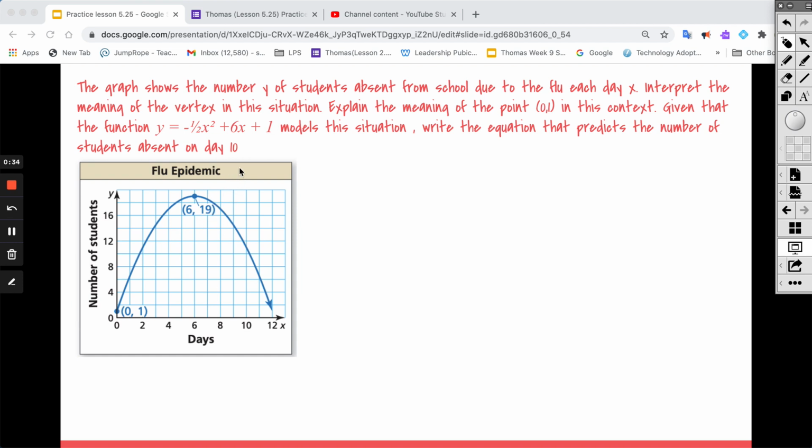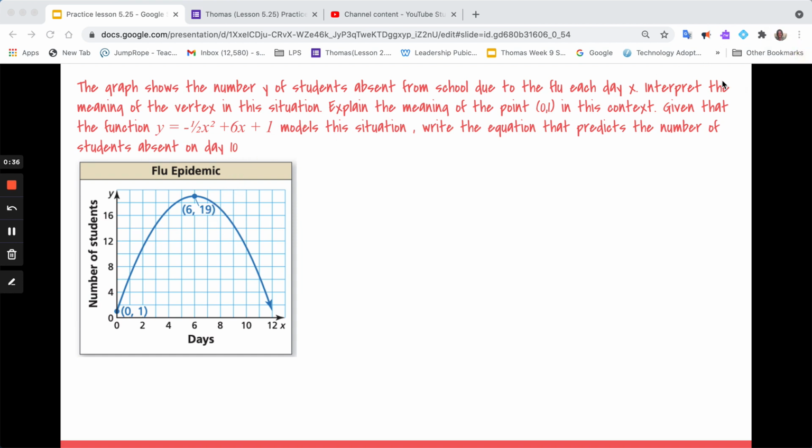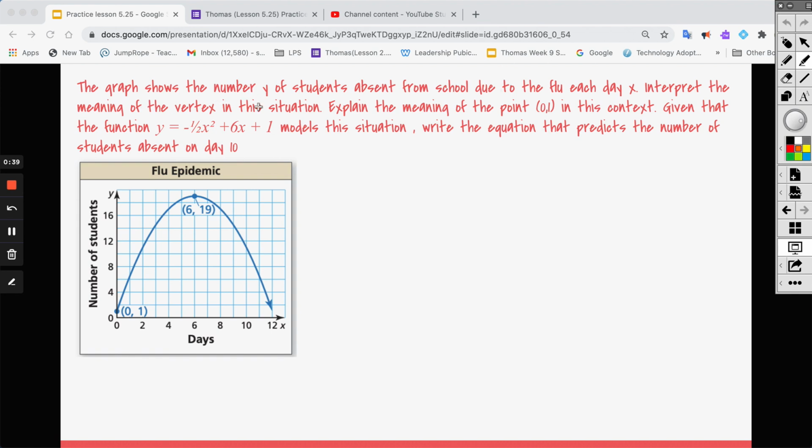So, what is this question asking us to do? This is a lot. It says we're to interpret the vertex. That's part 1. And we know, if we've been paying attention, that our vertex is going to be the highest point, similar to our maximum value. So this is our vertex. It's the highest point on the graph. So the vertex in this situation